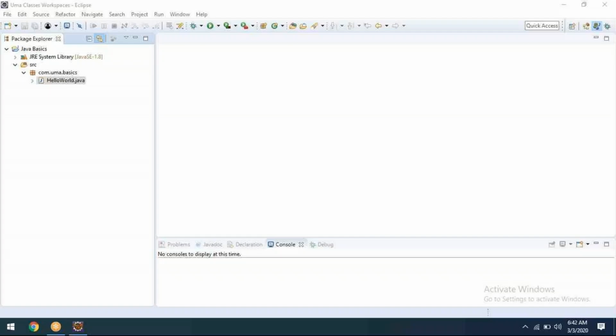Or any IVRIT team, please enable screen sharing. Okay, it's fine. Uma, are you able to see my screen now? Yeah, I can. Okay.